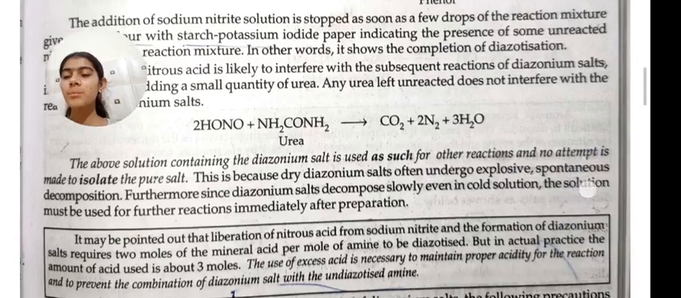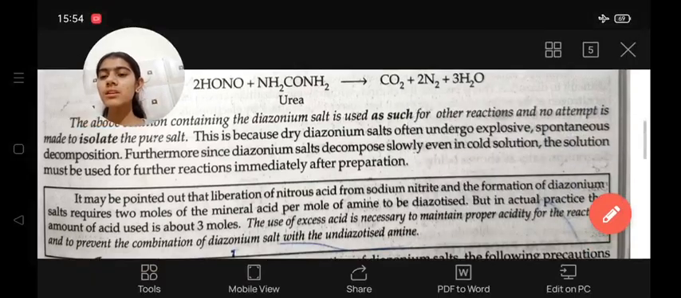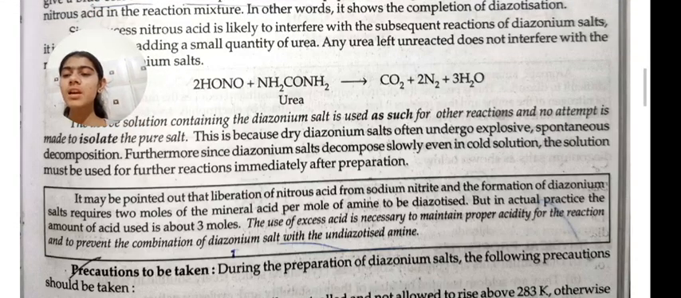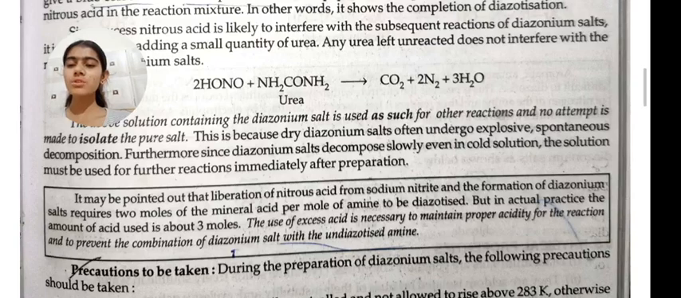It may be pointed out that the liberation of nitrous acid from sodium nitrite and the formation of diazonium salts requires 2 moles of mineral acid per mole of amine to be diazotized. But in actual practice, the amount of acid used is about 3 moles. The use of excess acid is necessary to maintain proper acidity for the reaction and to prevent the combination of diazonium salt with the